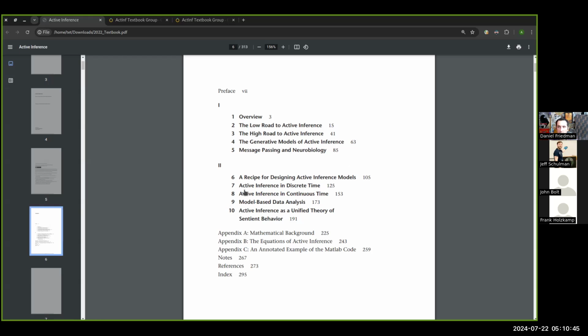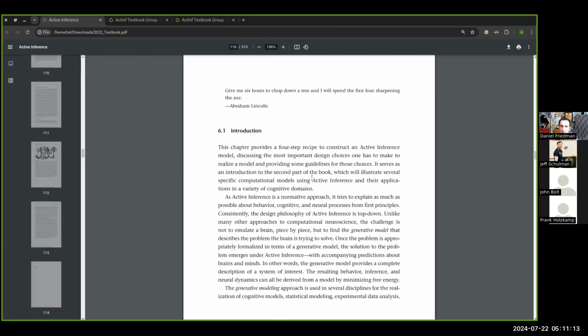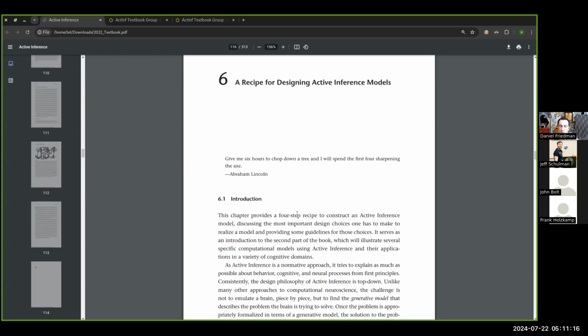Chapter 7 and 8 then are going to focus on some of the features and examples of discrete time and continuous time models. Chapter 9 introduces data into the picture. How do empirical data relate to generative models? And then again, chapter 10 is a summary. So that's the textbook. It's a long pull. And then when we kind of pull back to this level of coarse graining, it looks really short too. So what's a section or a question on 6 that anybody would like to go to?